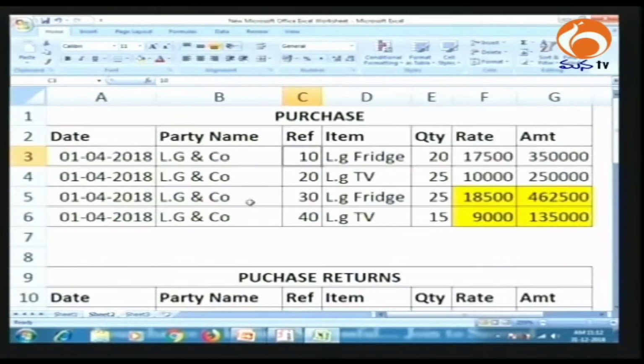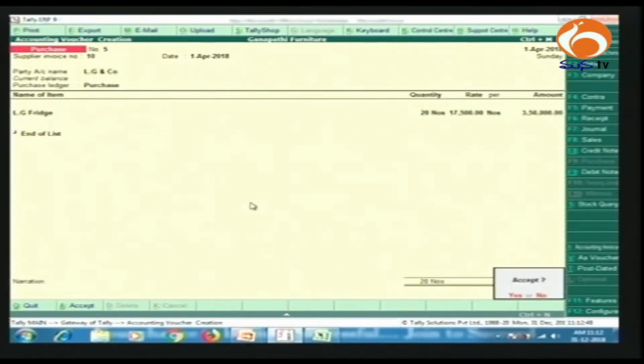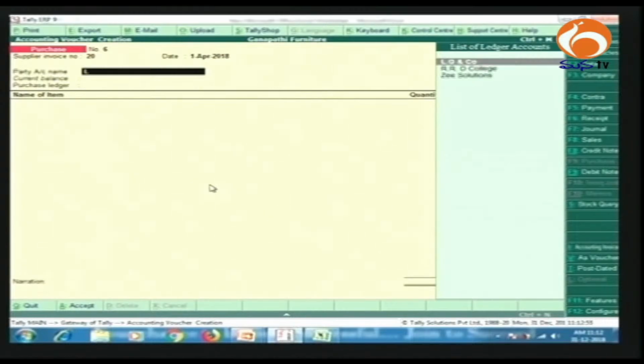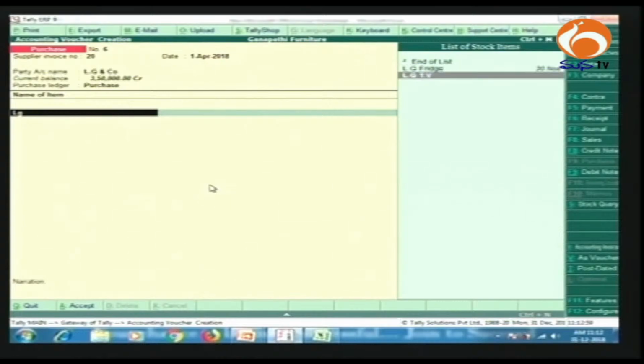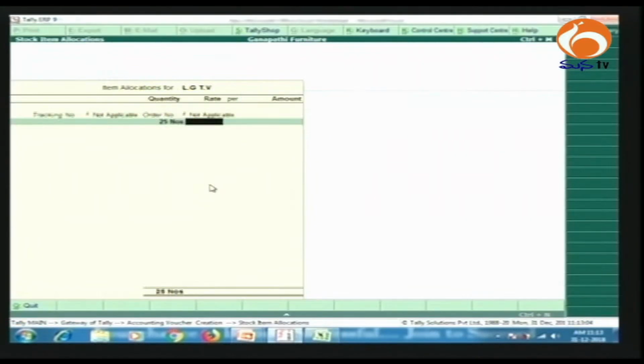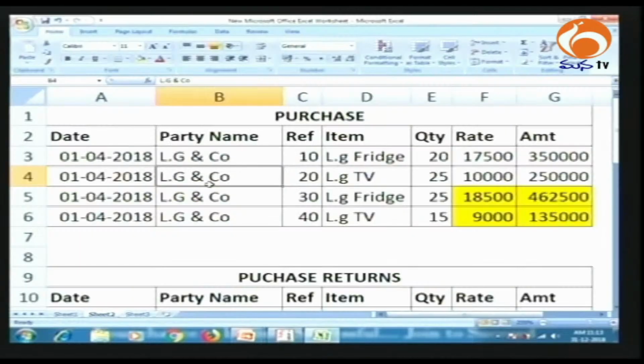We purchased LG fridge 20, rate is 17,500. Likewise LG TV, reference number 20, LG & Co. We purchased LG TV 25, rate is 10,000. Next again, 30,